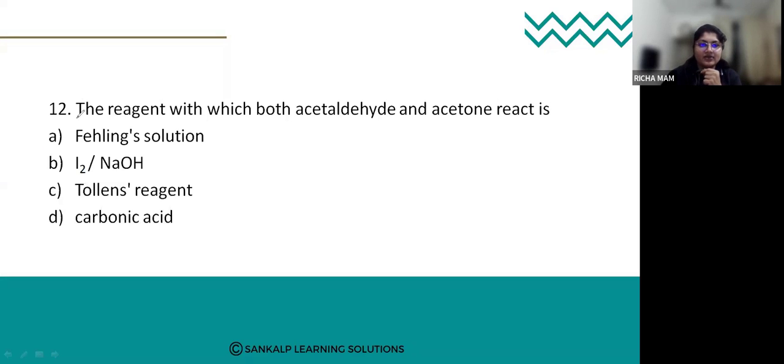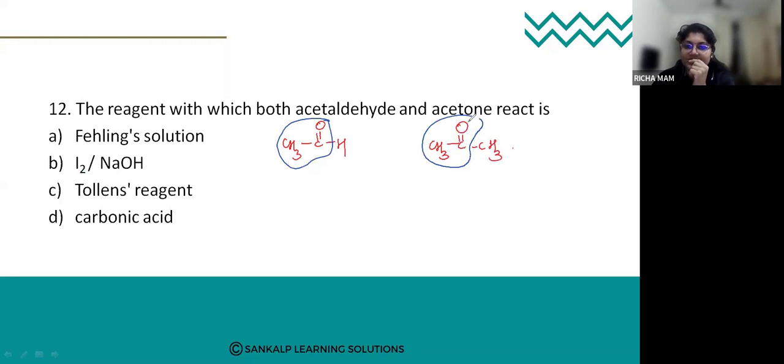So let me write the acetaldehyde. So acetaldehyde will be this, and acetone is this. So this is our acetone. Now in both cases, what is the common group present? It is an acetyl group that is present, right? In both the cases, there is an acetyl group, and this acetyl group, if it reacts with iodine in NaOH,